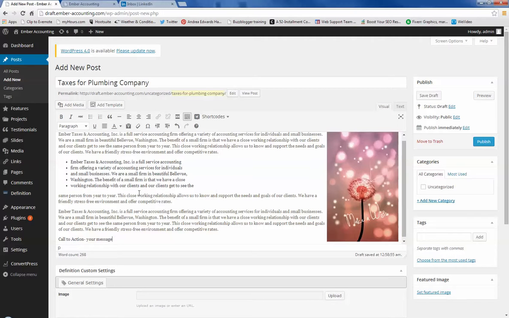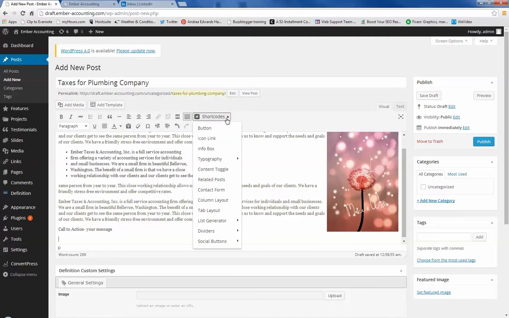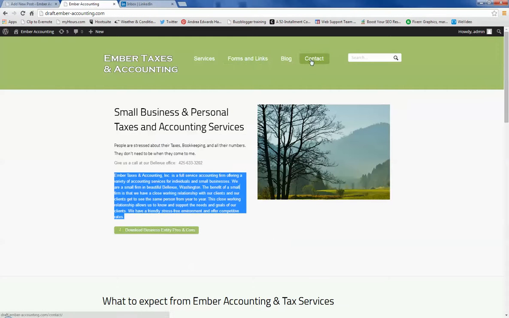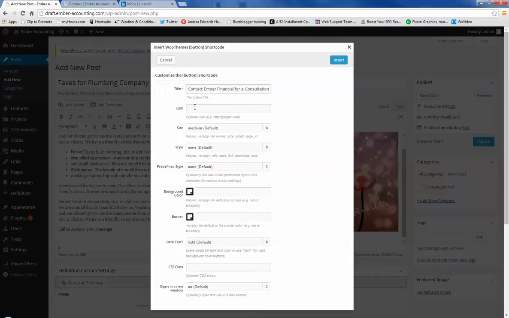Oh, here's a cool thing we could do: click on shortcode, put in a button, and the button is going to be contact Ember Financial for a consultation. And maybe you want to think of a couple things in advance. And then we'll go here, select the link for the contact page, or maybe we could have a special page that's different. Anyway, so if you've got a button, you want to put in a page where they're going to download something,